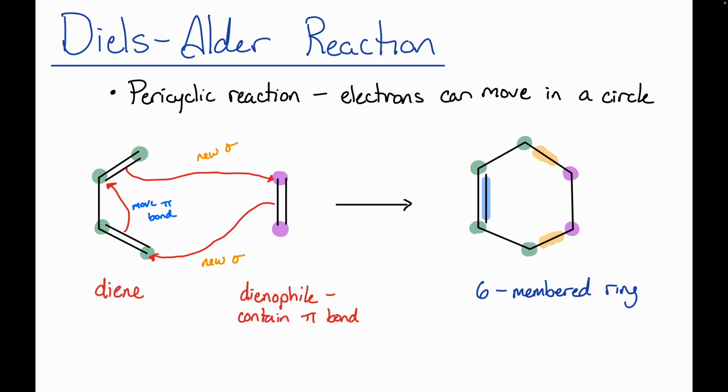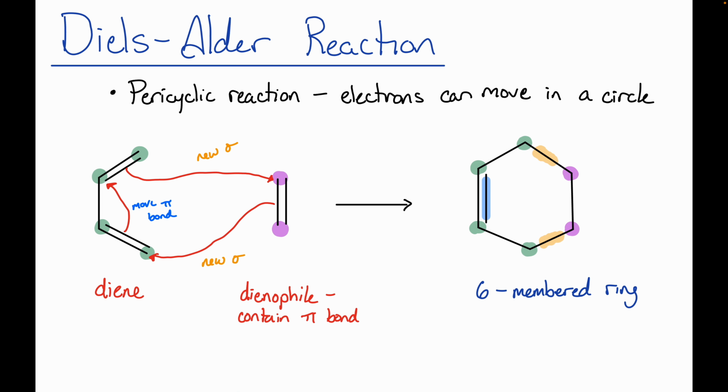We also have this movement of our pi bond in the 6-membered ring that we create. So we create a cyclohexene ring here, all right? We need to talk a little bit more about these dienes and these dienophiles, specifically what would be good for these Diels-Alder reactions. Because if you take this molecule here, 1,3-butadiene, and ethene here, you can get a Diels-Alder reaction to happen,